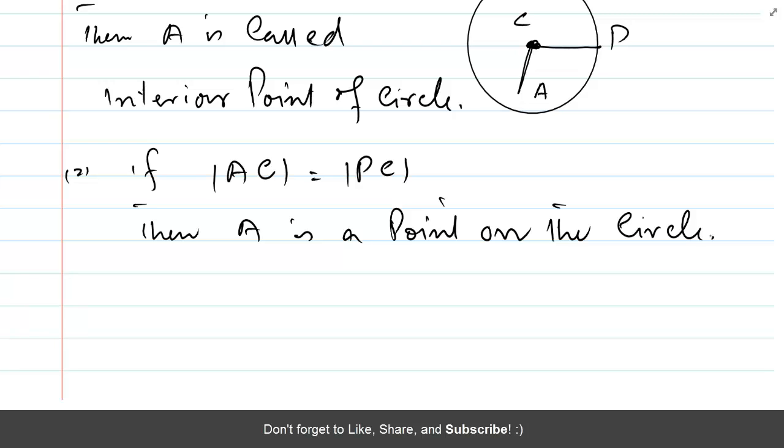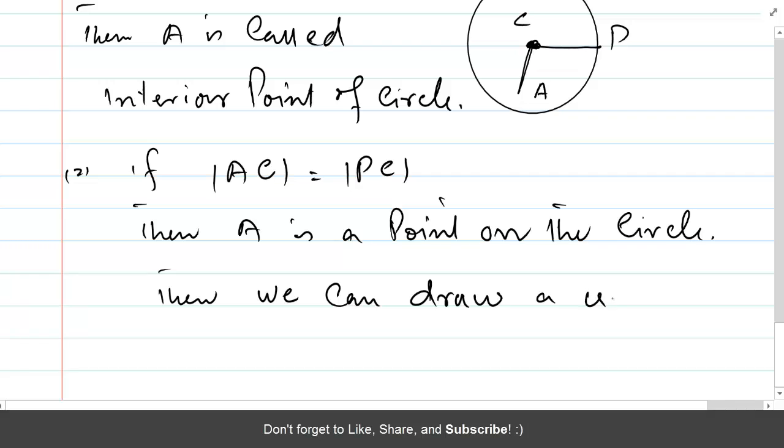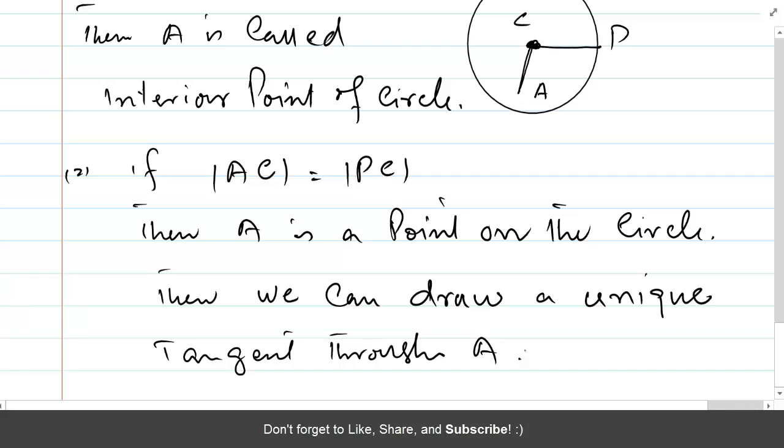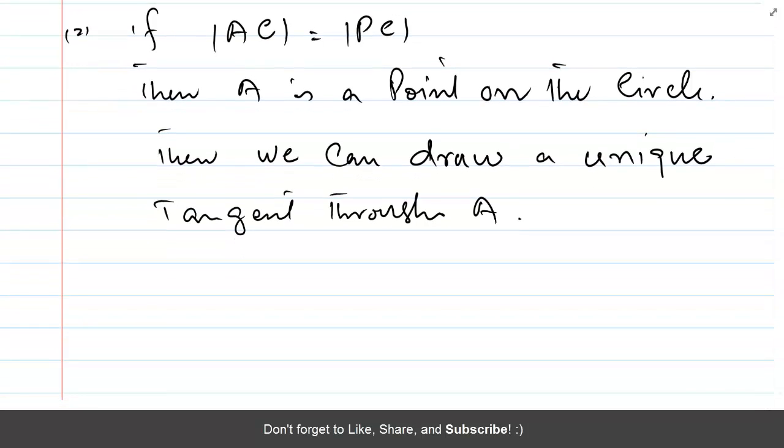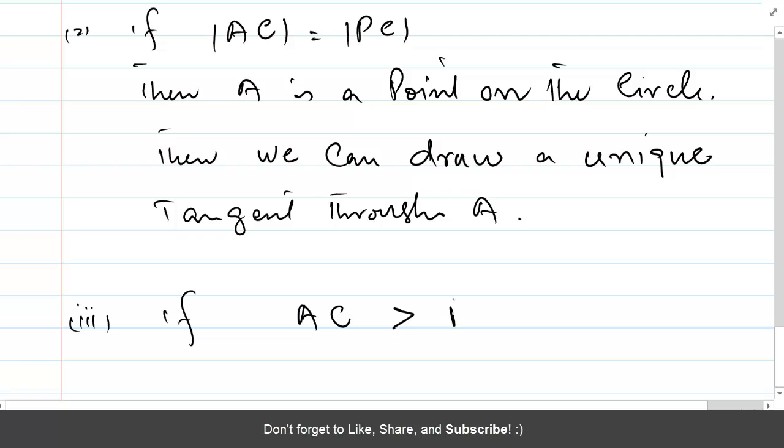If A is a point on the circle, then we can draw a unique tangent through A. But if A was an interior point, there is no tangent. However, there is an interesting situation in the third case. If AC is greater than PC, like PC is the radius, but the distance of A from C is